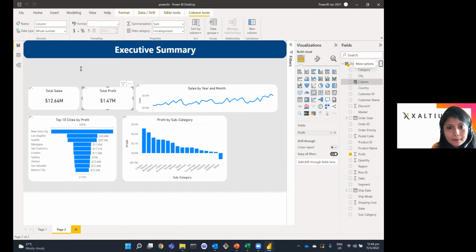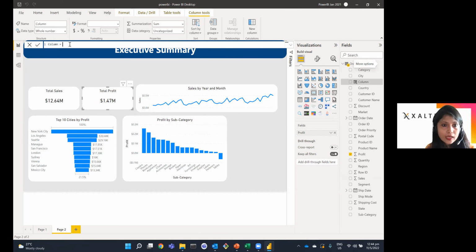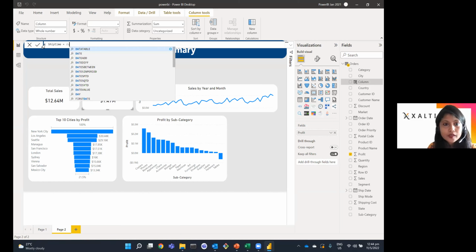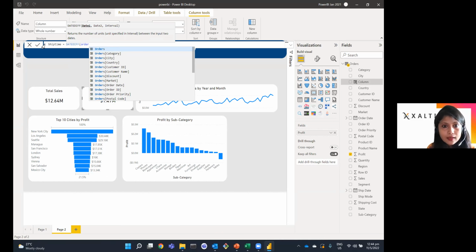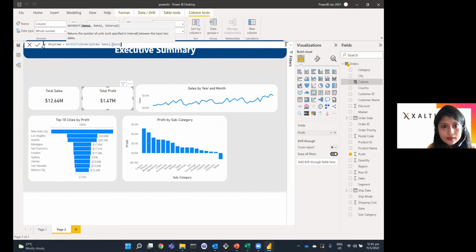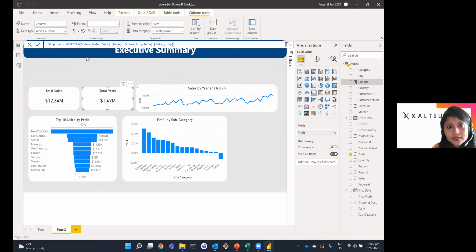I'm going to call it the shipping time, and I'm going to get this in terms of days, by the way. So I calculate the date difference between the order date and the shipping date in terms of days, and that gives me the date difference.